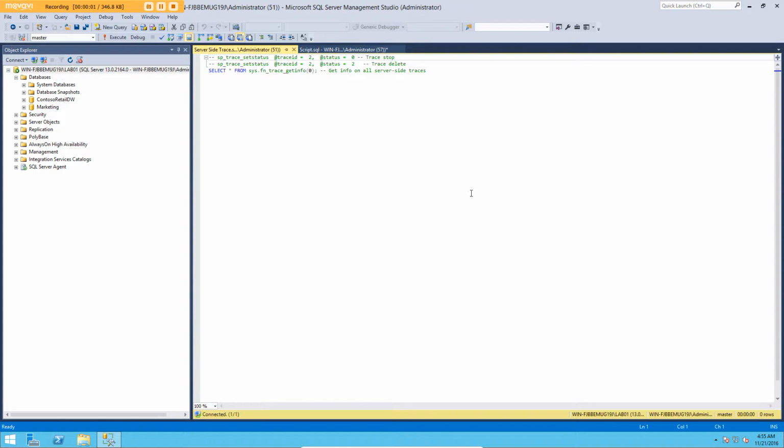Okay, welcome to our final section. This is entitled Server-Side Traces. What you have with a server-side trace is the same as you would have with any SQL profiler. You have the ability to capture information, and that is live queries, events, deadlocks, etc. So let's have a look at that, and we'll show you examples of what that